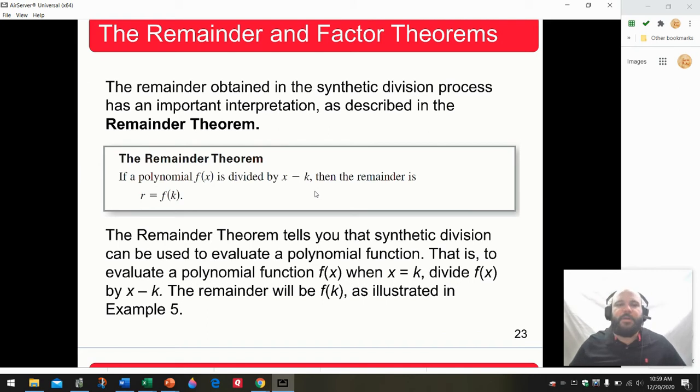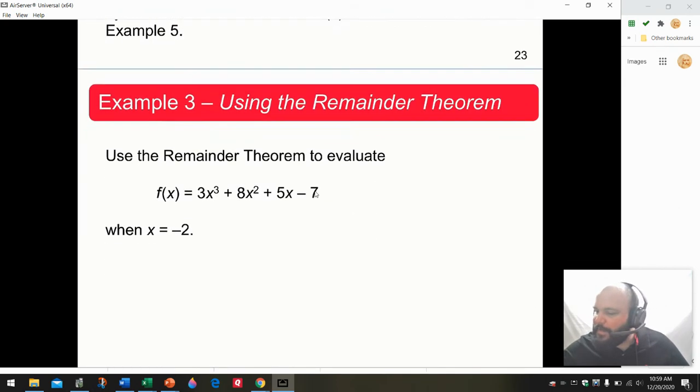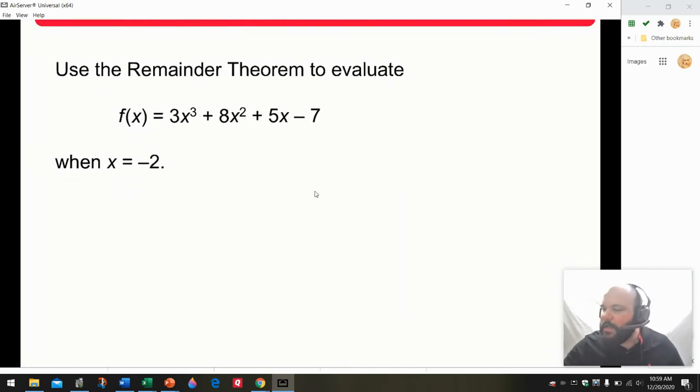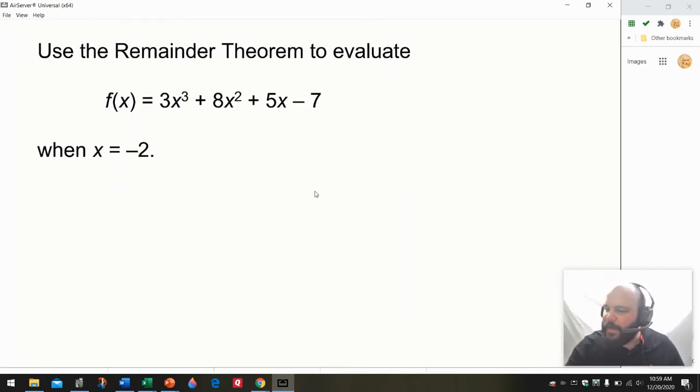Now, another thing that I want to show you is called the remainder theorem. And what this remainder theorem tells us is that rather than evaluating a function at a number, we can use synthetic division to evaluate the function, and it's much faster. So let me show you how the remainder theorem works. Okay, if I asked you to find f of -2, okay, so if we wrote f of -2 right here,